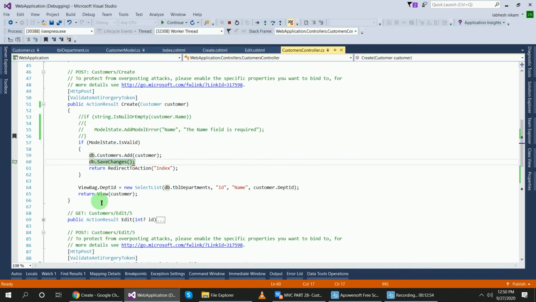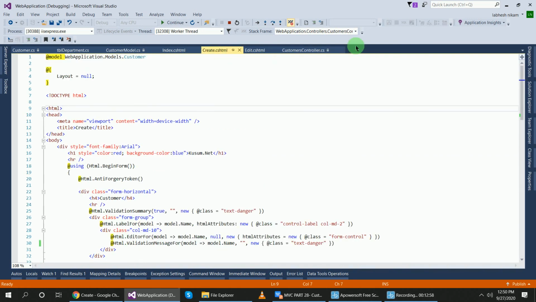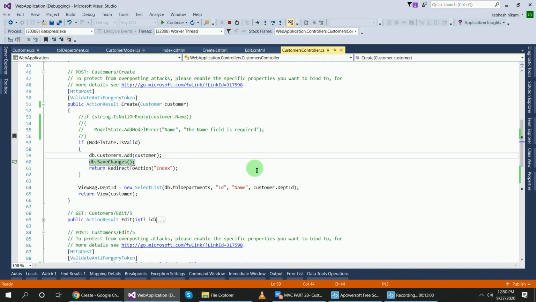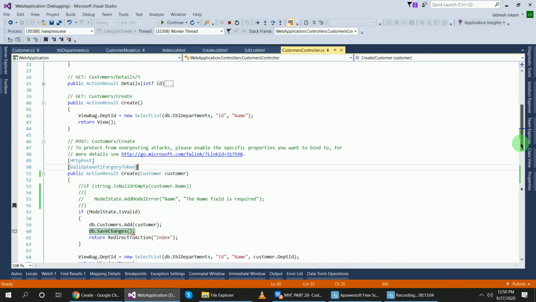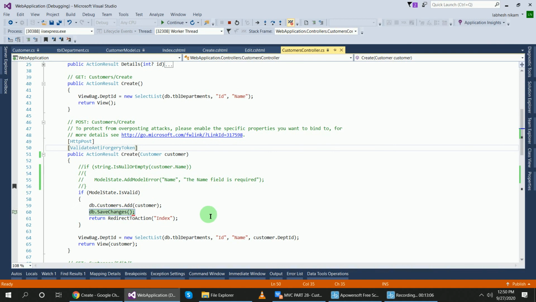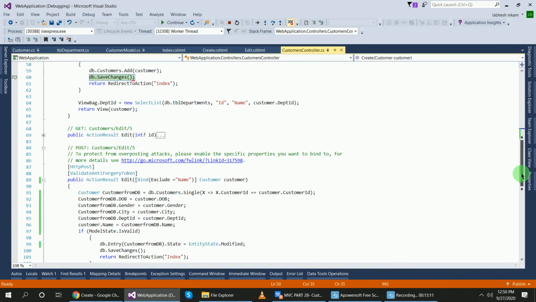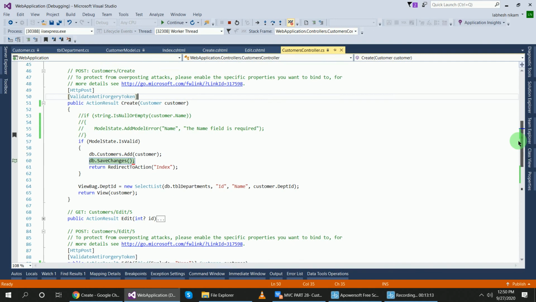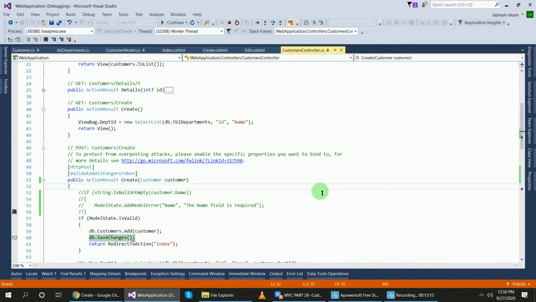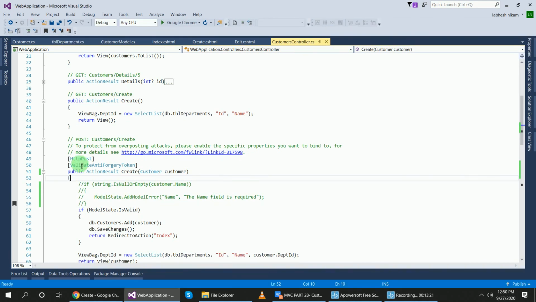Why this error? Because we want to set that validation property, because inside of this edit we have provided that security to the name. Now to remove this error, we will make some changes in the create method.